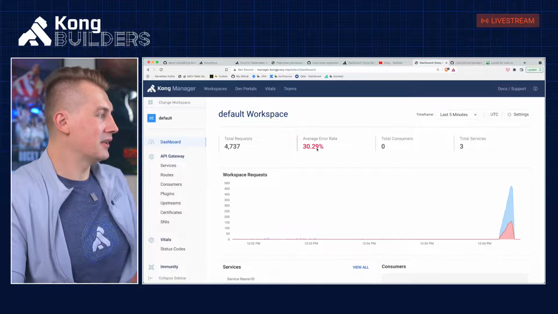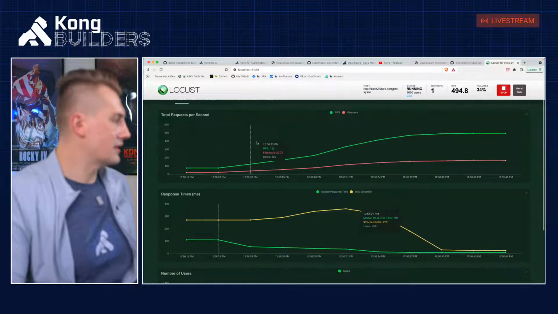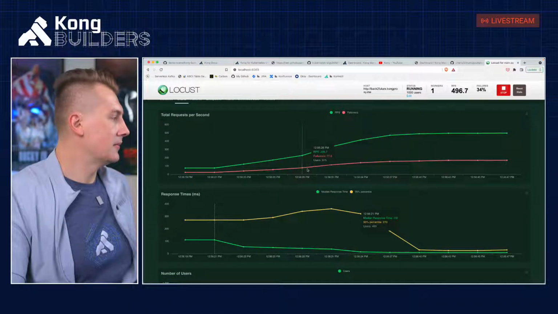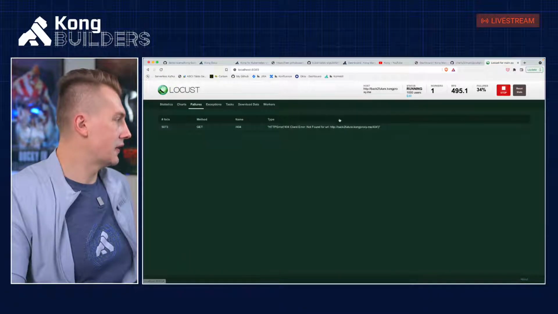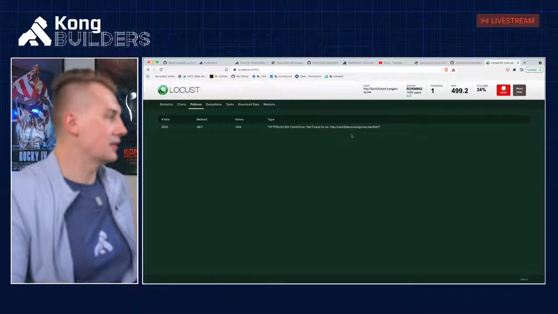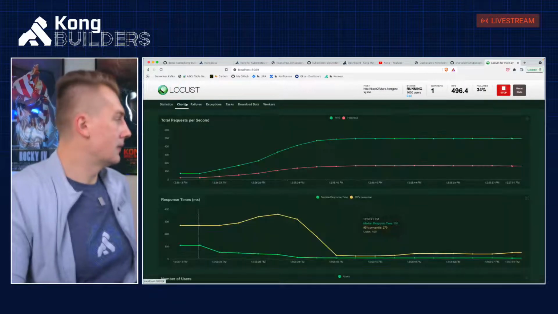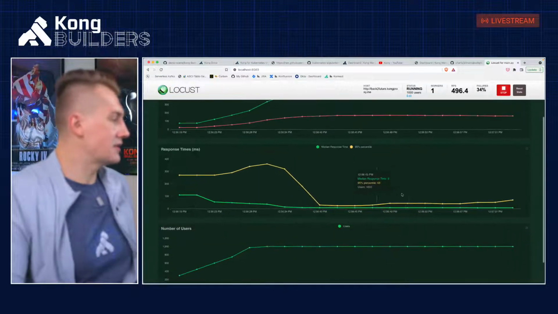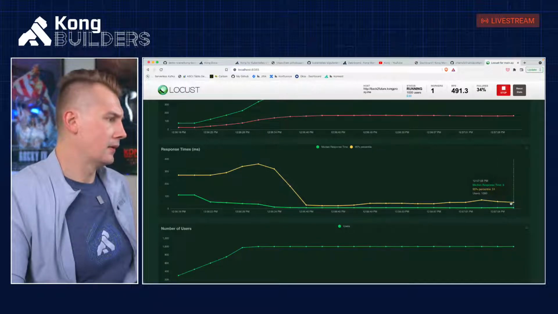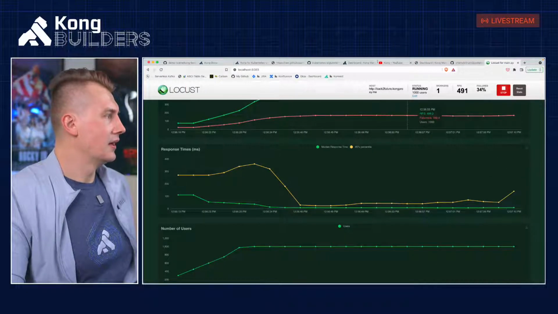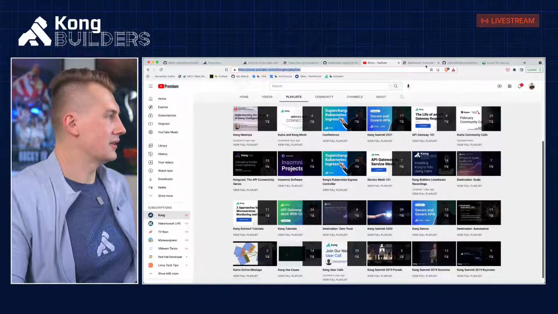And the error rate, just simply because in our test we are actually hitting a 404, which doesn't exist. So if I show you failures, see, that's when I'm hitting this service, it gives me 404, which is expected. This is what we wanted. And now response time average is around, what, 50 milliseconds.